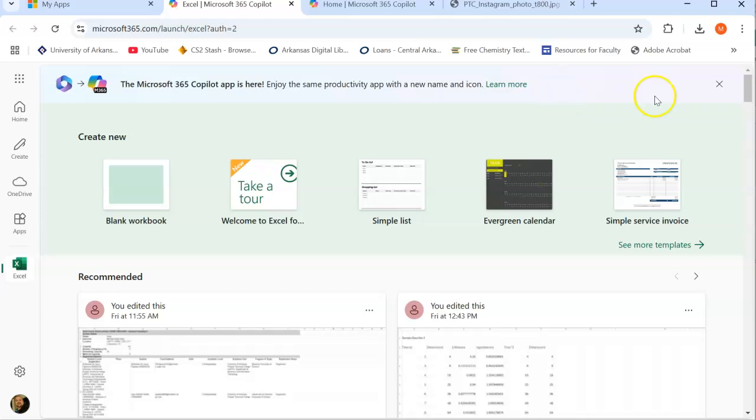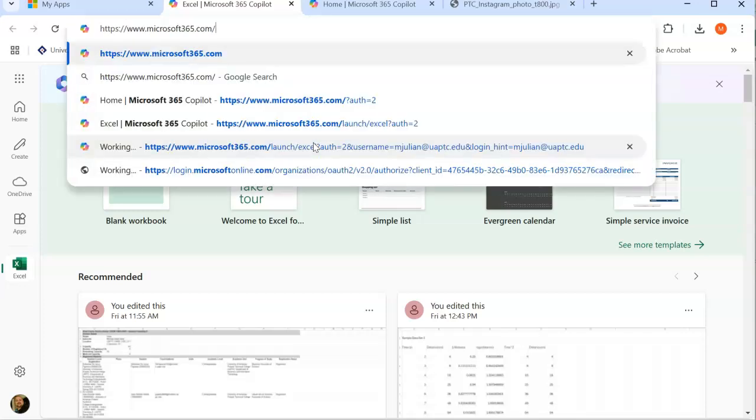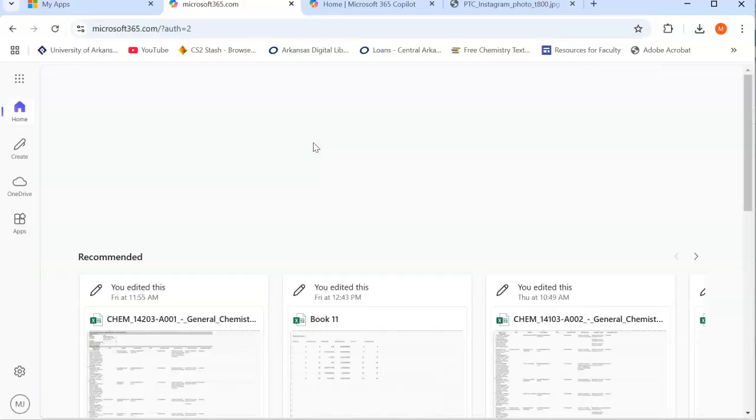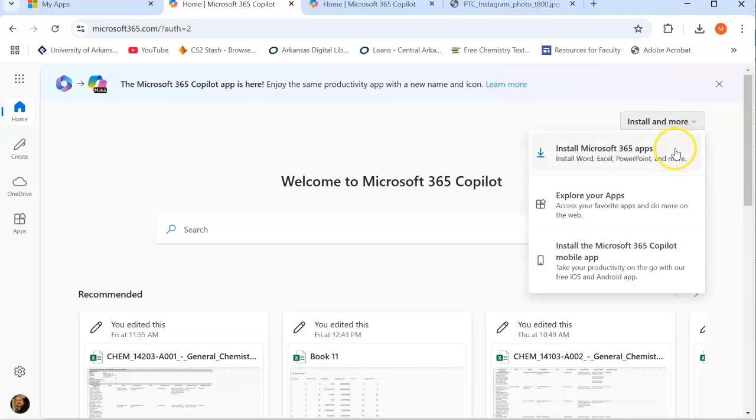I prefer the offline version, which I can get to by changing up here where it says launch and just going to Microsoft 365 after having logged in. And then I see this button that says install and more. And that's the key to being able to install 365 on any Windows machine. It'll also give you options for the apps, but